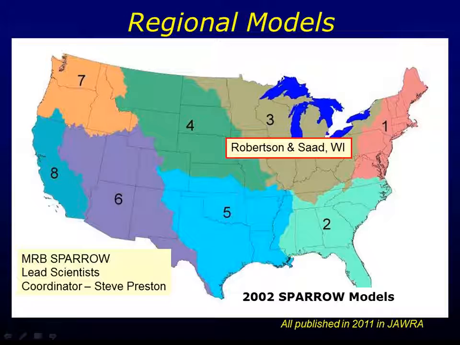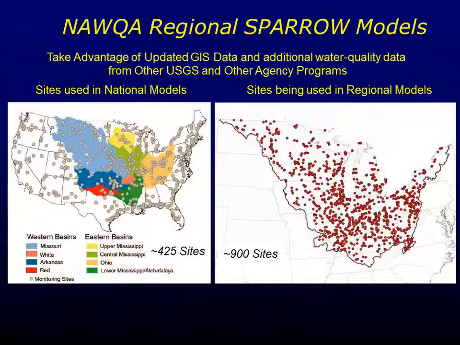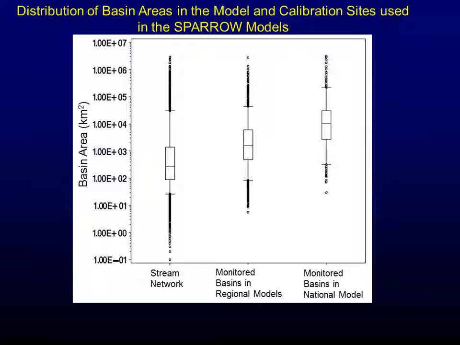So what we did in the NAWQA program is we divided the country into 8 different pieces. And different people were in charge of each one. Dave Saad and myself ended up working on the upper Midwest. Steve Preston is coordinating all this effort. And what we tried to do, first of all, was come up with a new data set for this. So we went out and tried to get all the data from the USGS, from STORET. When we took STORET data, we only took the major sampling agencies, so we didn't get into a lot of problems with quality control. We thought we could minimize it that way.